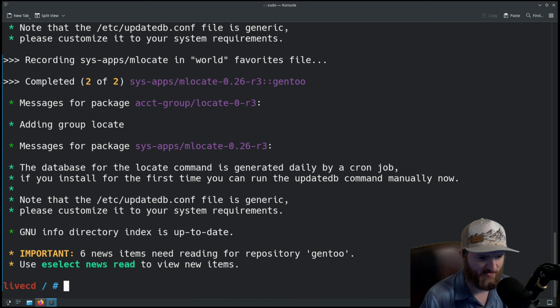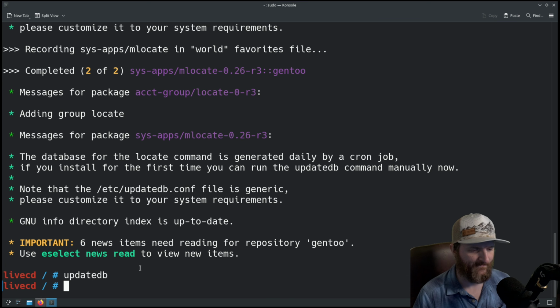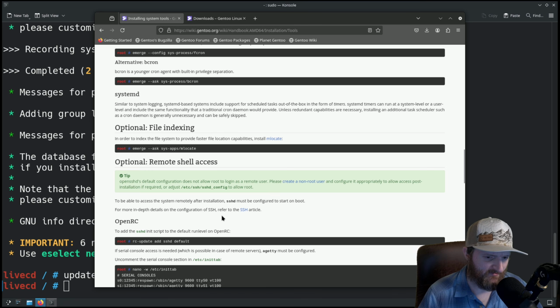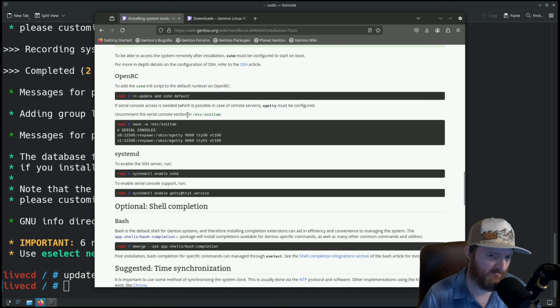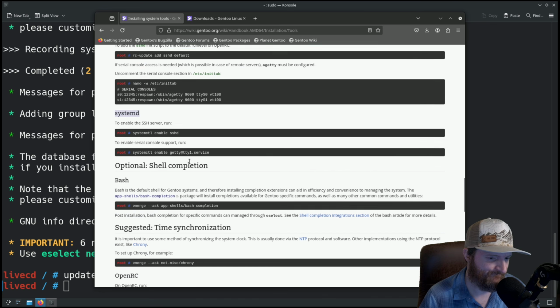Note that the update, please customize it, blah, blah, blah. The database for the locate command is generally updated daily by the cron job you can install. Okay, update db. Okay. So that's good. Remote shell access, so SSH. I'm not going to be messing with any SSH stuff here in this video, but you can set up some SSH stuff. And also there's the OpenRC commands as well as the systemd commands if you're going to be using